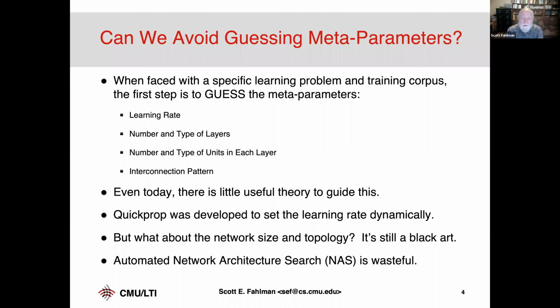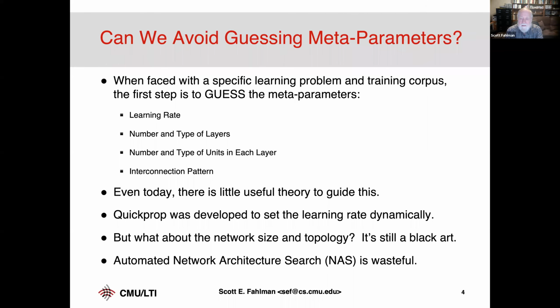And this is one reason why deep learning as practiced today is still such a black art. People who've done hundreds of different problems and gotten decent results are in great demand, because they've got a bunch of things. Oh, this looks like the problem I did a year ago, and this kind of network works, so that'll be my starting point. And then we'll mess around with it to see if we can improve the performance beyond what you get with this. So a lot of it is not theory, it's just kind of experience. So knowing what worked last time. A lot of hand waving, a lot of guessing.